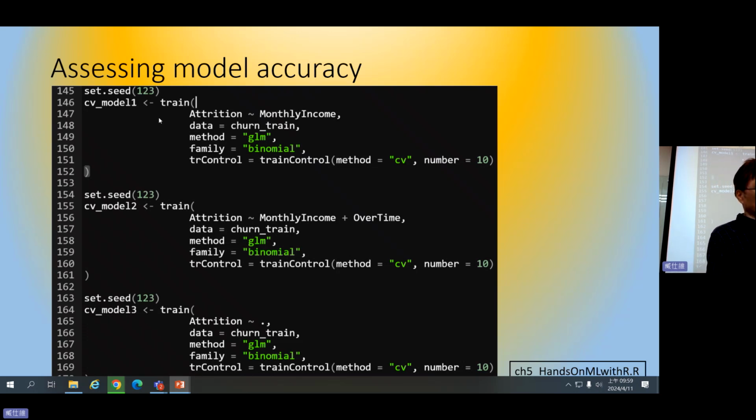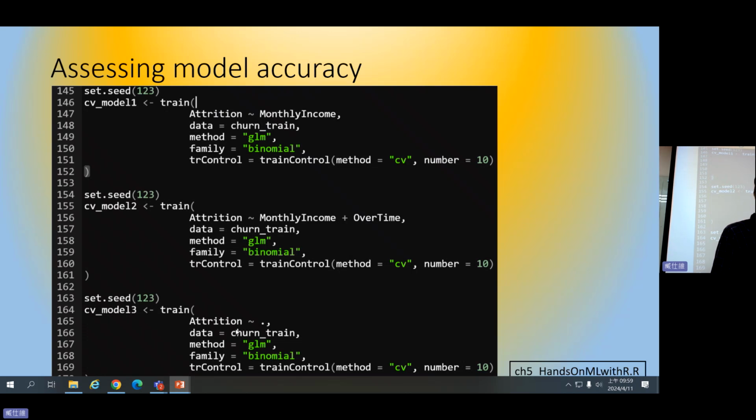We just try to generate 3 models. The first model is attrition explained by the monthly income. The second model is attrition explained by monthly income and the overtime.